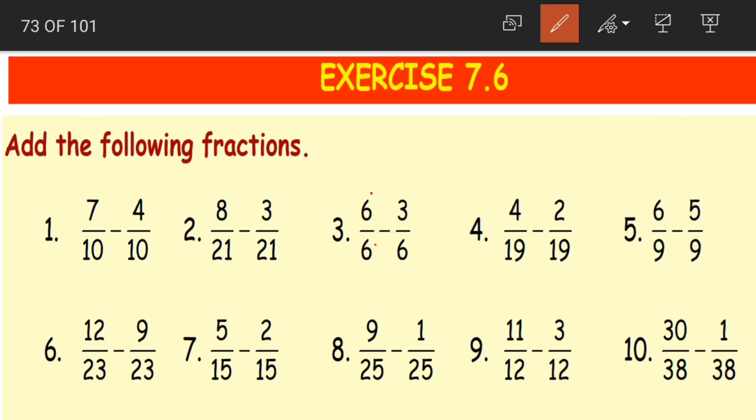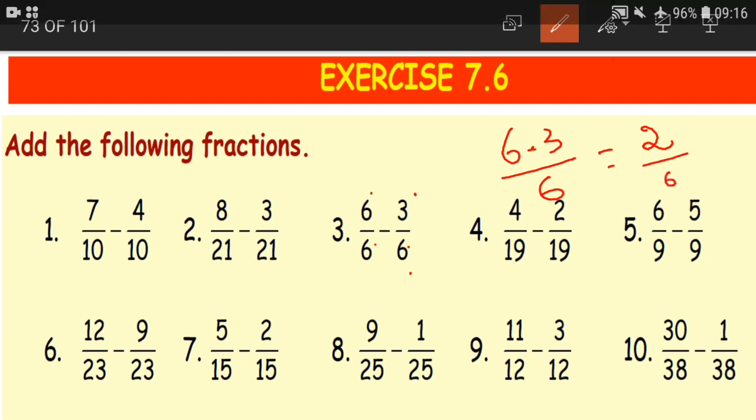Next question. 6 by 6 minus 3 by 6. 6 minus 3 divided by the common denominator 6. 6 minus 3 is equal to 2 divided by the denominator 6. Next,